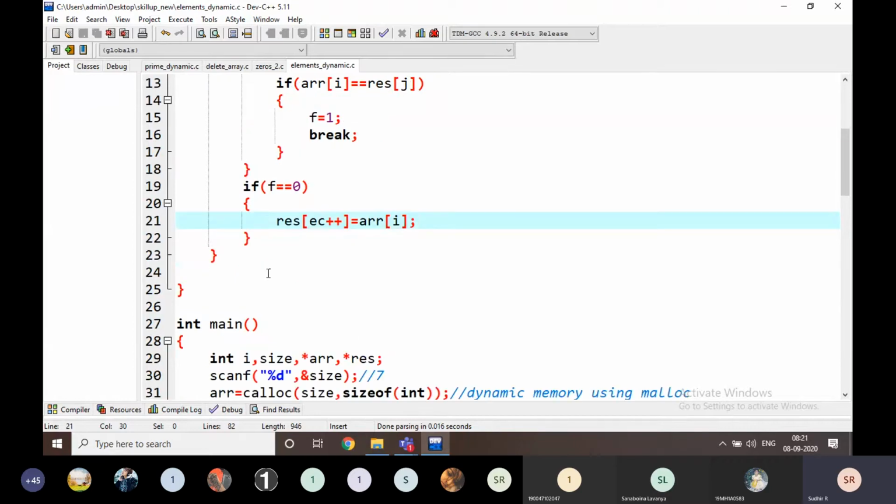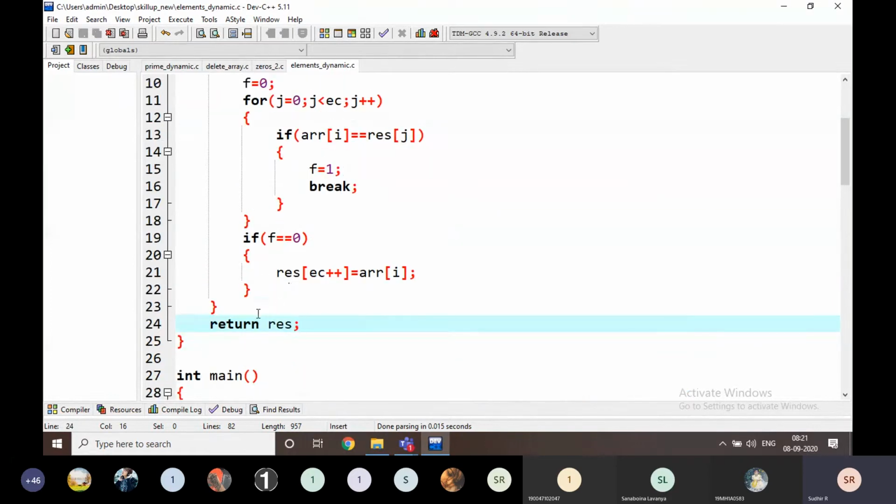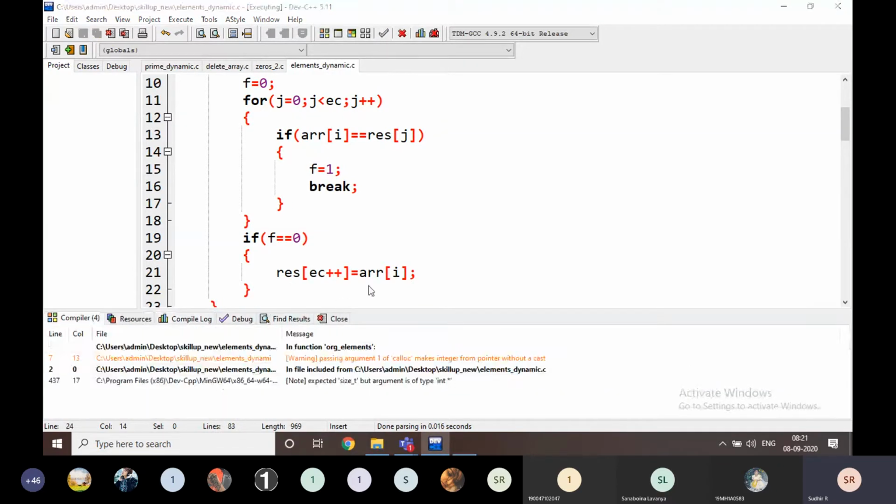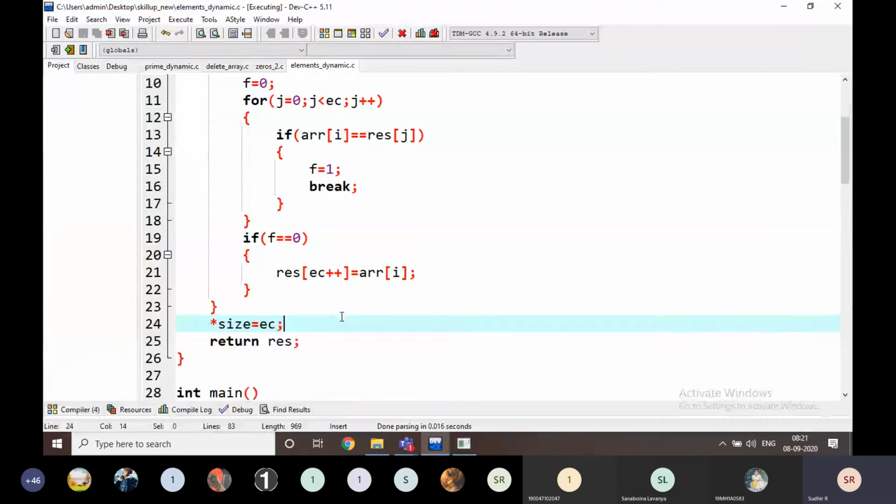For example, I am going to show the result here, return res, and I am going to modify one more value, that is star size is equal to EC. I am going to execute it. Just a minute, some errors are there. What is that error?